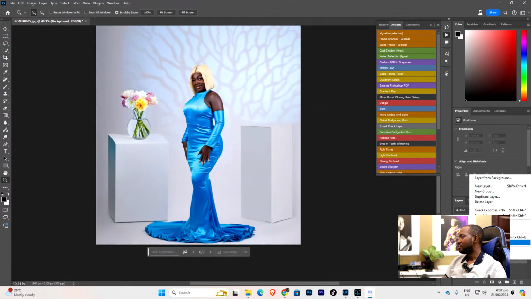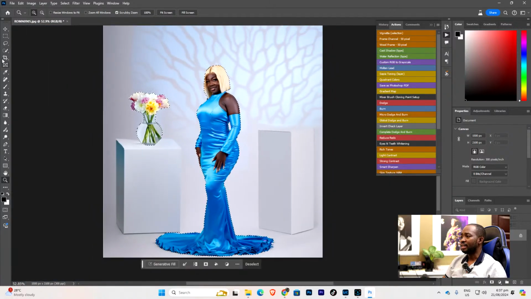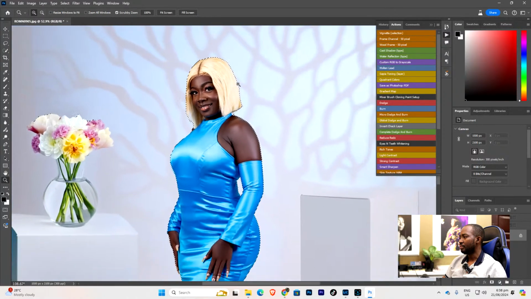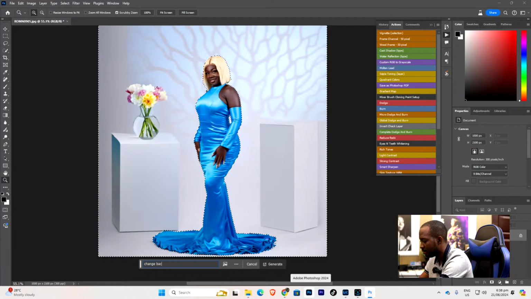Okay. So this same generative AI can select a subject. If I click on select subject, it can actually select the subject for me. So this one has added this as a subject. I can now go into my quick selection tool and remove this one. With the minus sign, you can remove this. But this is what it's giving me. Okay, I can do an inverse, like how we normally do an inverse. Invert it. Now it's selecting the whole background. So I can decide to tell it the background